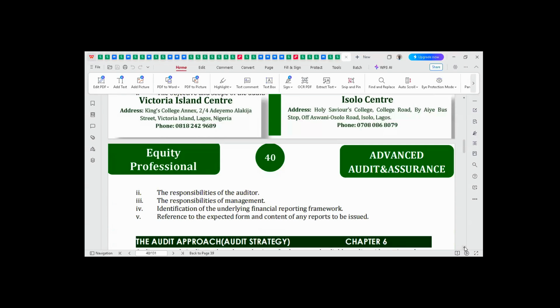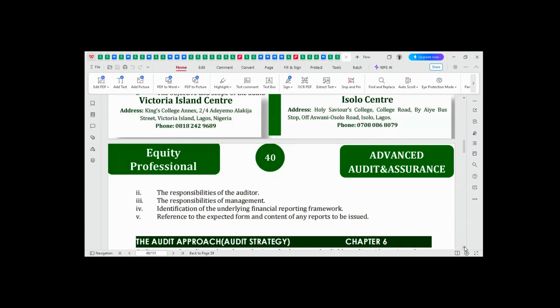All of those responsibilities will be contained in the letter of engagement. Also, the responsibilities of the management, as these are the things the management is expected to do, will also be contained in the letter of engagement. Okay. Then also, in the letter of engagement, we are going to talk about the